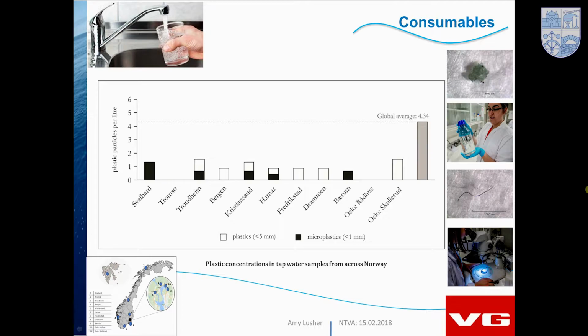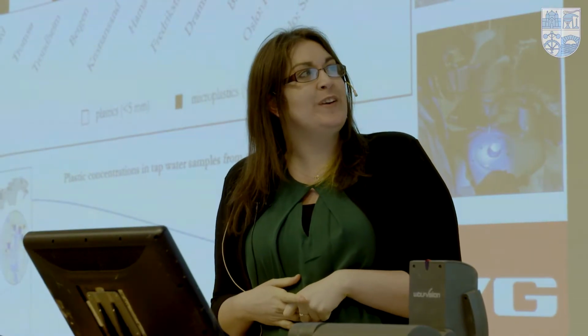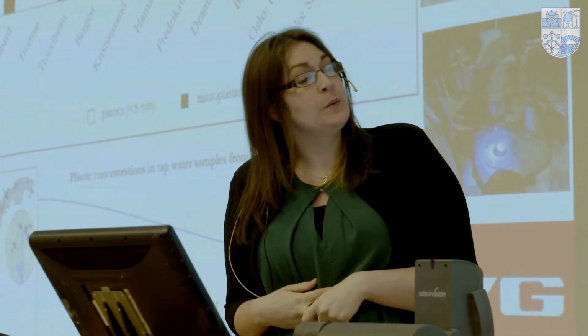for Norway are the black and white squares. So the black squares are the microplastics less than 1 millimeter in size, and the white squares on the top of the bars are the plastics that were greater than 1 millimeter. So we could include both the size definitions that we have already discussed. And you can see actually the levels of contamination were quite low. And the numbers really ranged between 0 and 2. There were not many particles in any of our samples, which is much less than the global average. So we didn't find as much as around the rest of the world.